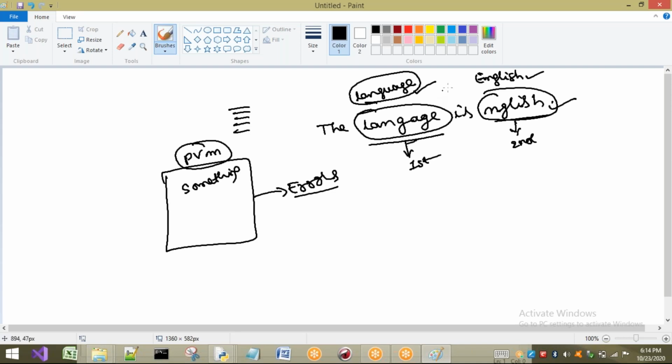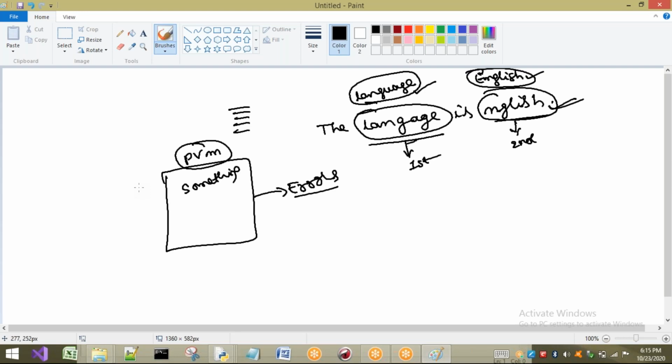If I write this one in the place of English, we are going to get an error. In the same way, if I write something which is not known by your PVM, that is nothing but the Python virtual machine, then automatically it throws an error. So first let us talk about the different types of errors we have in any programming language, not only in Python.